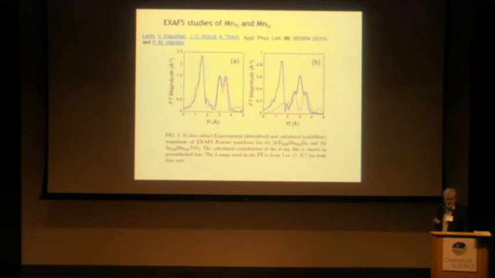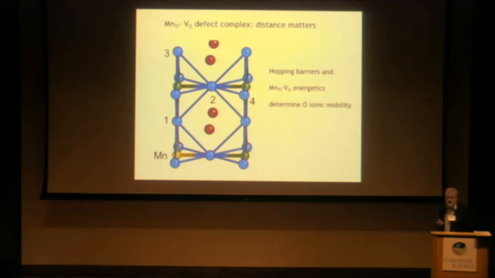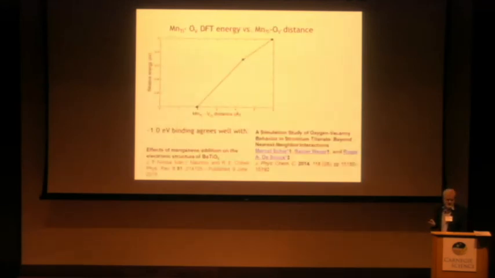along 001. So now I'll move to the defect complex where the manganese substitutes back on the titanium site, but there's also an oxygen vacancy. So here I show the manganese, and I've labeled 1, 2, 3, 4 different positions with respect to it. In our periodic unit cell, the 4th neighbor was the farthest possibility that we can investigate.